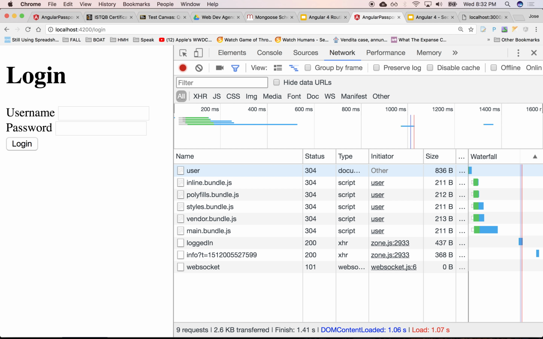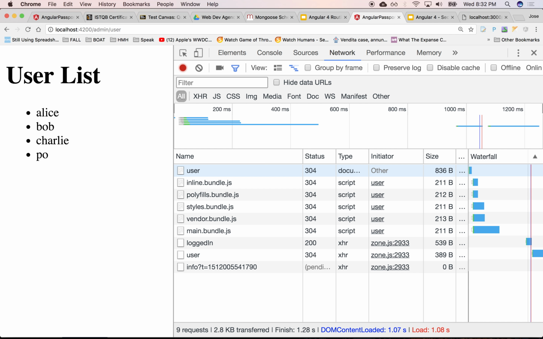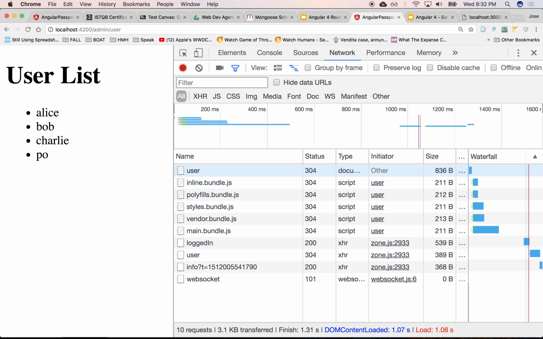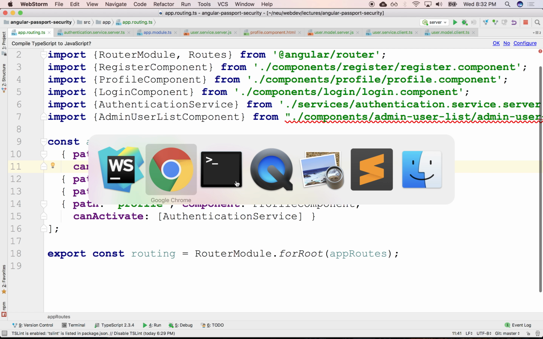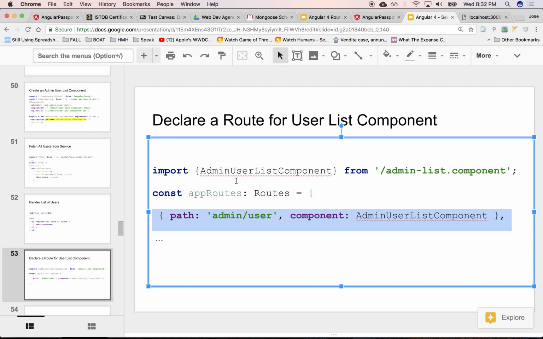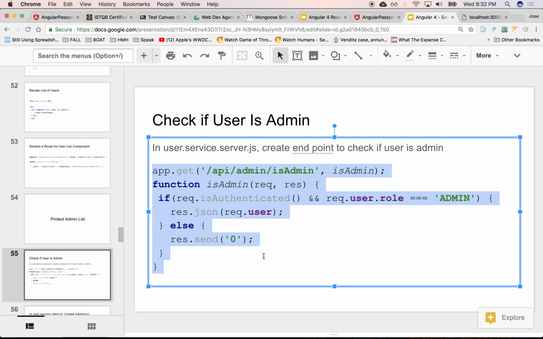But I want it to be actually a little more than that. Because if I log in as Poe, who's not an admin, Poe can go to admin user and see the list of users. That's not right. So we wanted to give it a little more depth to that. So let's change this a little bit and let's protect the admin. So instead of just protecting it with check logged in, let's implement another one. Let's check to see if you're an admin. Right? So to do that,